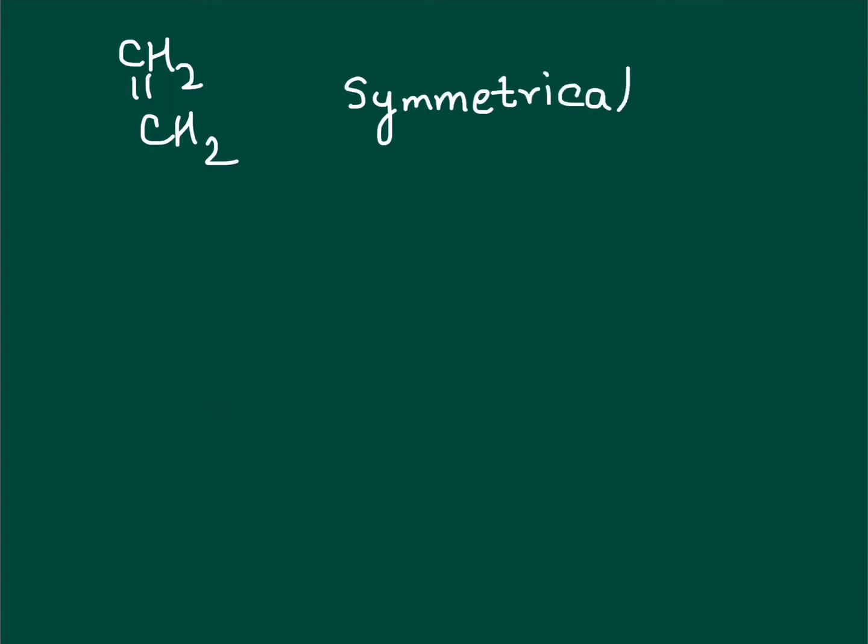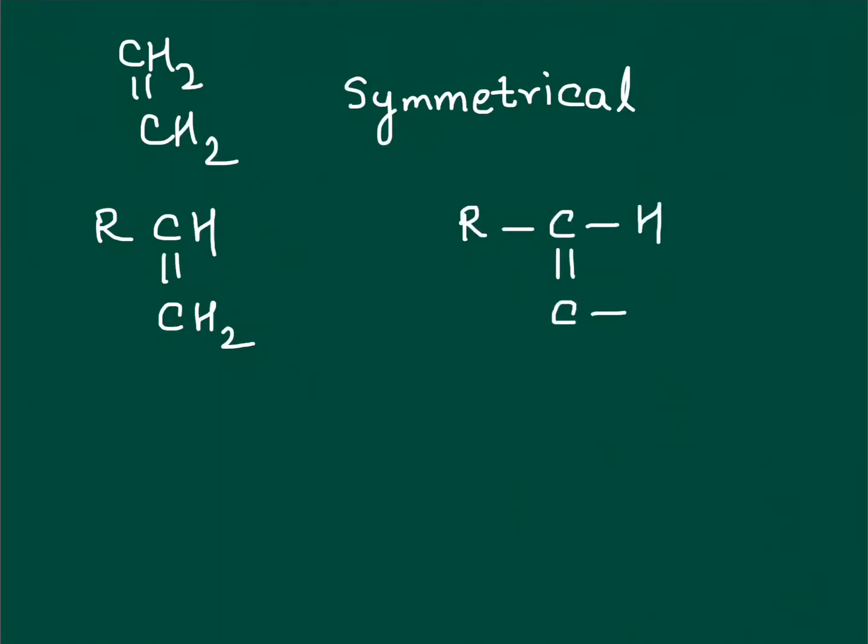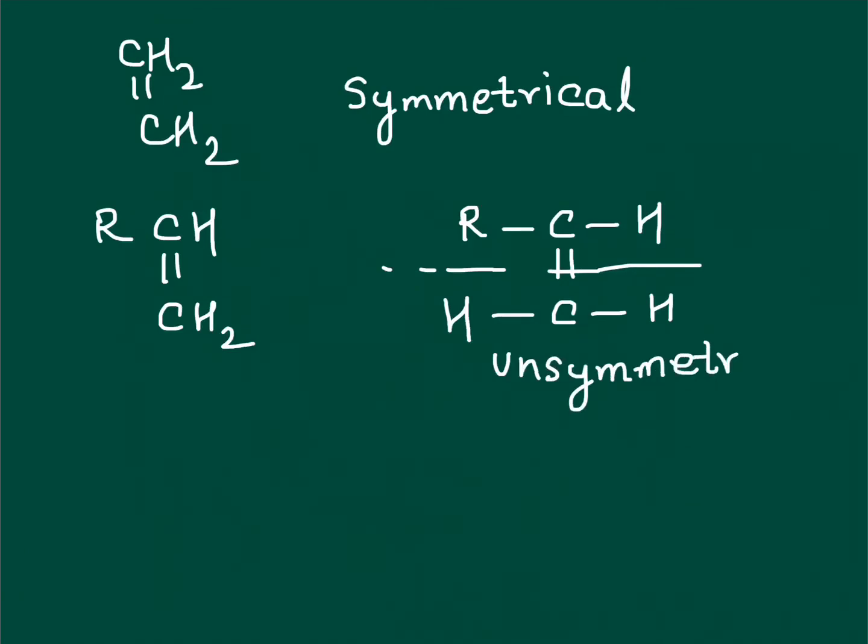Okay, now I'll give you two questions over here. Tell me, CH2 double bond CH2, symmetrical or unsymmetrical? Very good, it is symmetrical. Just expand it and the answer is right in front of you. Propene, RCH double bond CH2, symmetrical, unsymmetrical? Just spread out its wings. Double bond CH, CH. Do they look like mirror images of each other? No. So we have unsymmetrical. Right? Now, let's go back to what we were doing.